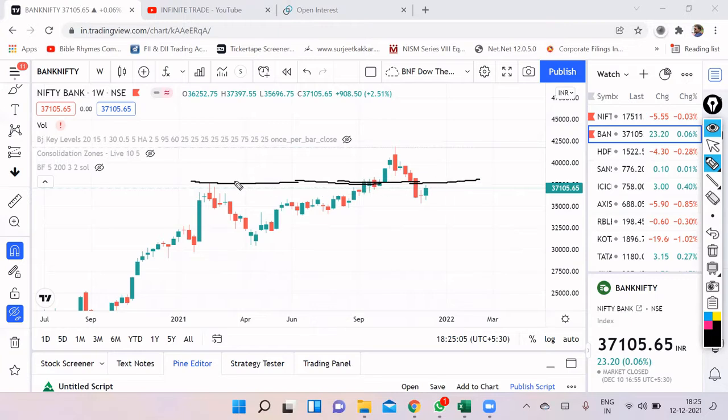Okay, so Bank Nifty fell from here, and then next time just one red candle, and immediately it broke it, but this time it again came back below that particular resistance. So usually, when it spends time here and if it gives a breakout, then the market doesn't come back to the same place so early. Okay, so since it did not consolidate and it had given a breakout, I think Bank Nifty has come back